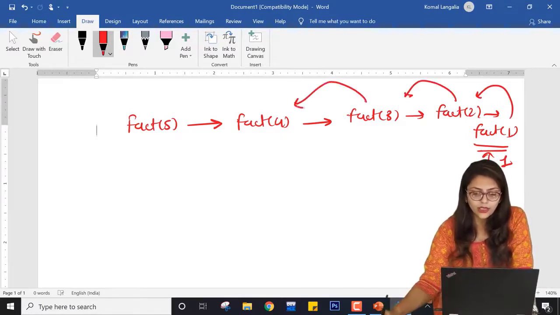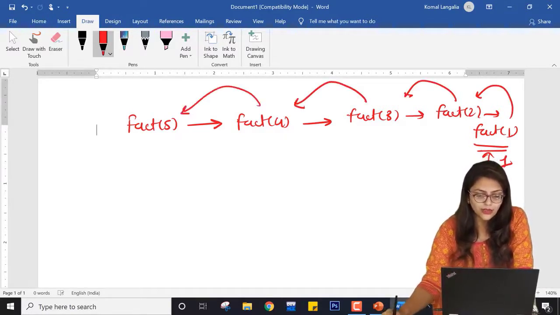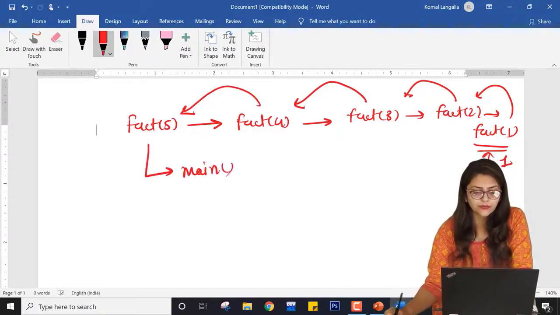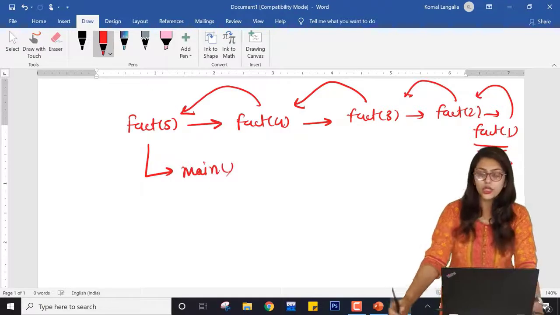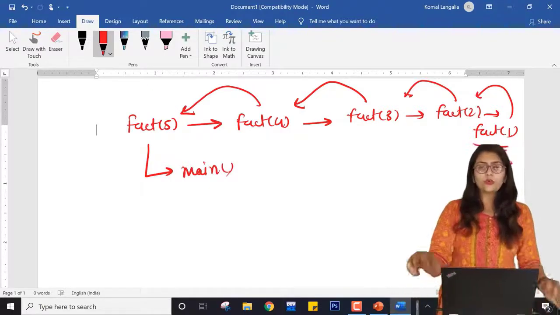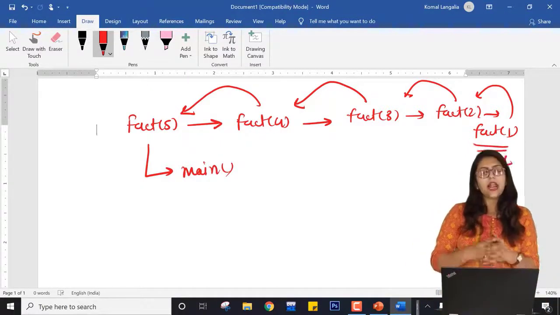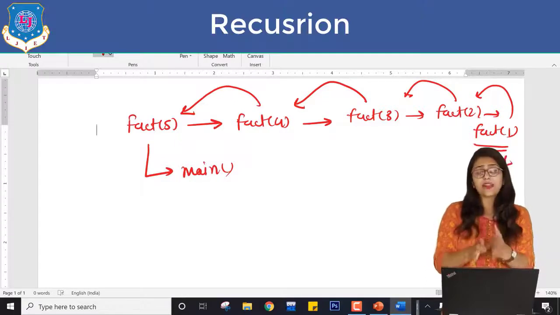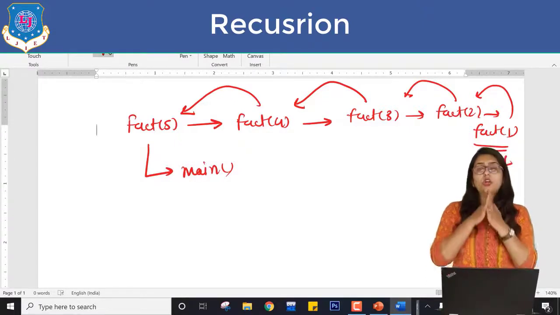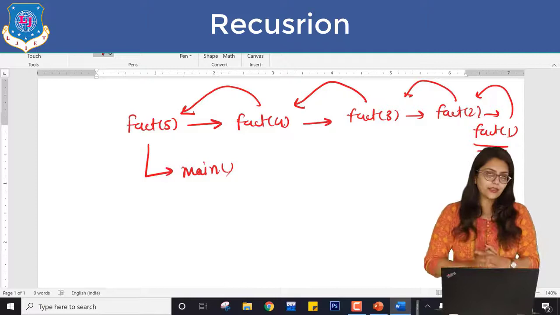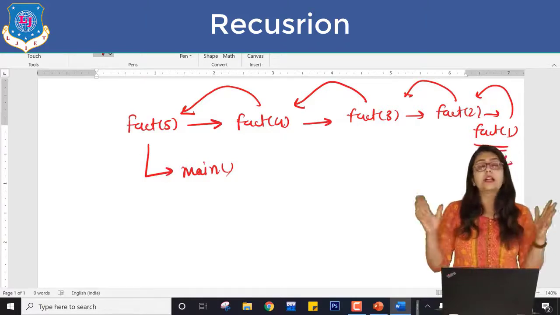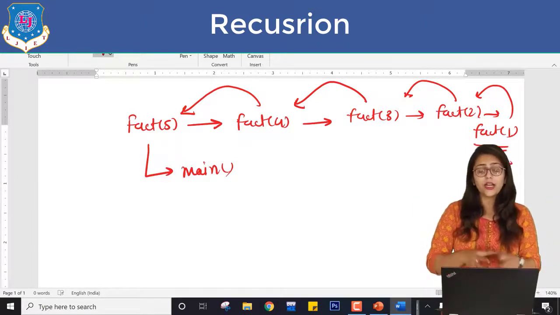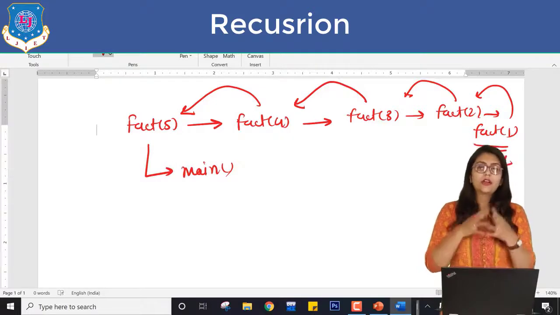So it will be returned where it is called. Finally it will come to here and this will come to my main function and give me an answer. First let me show you the theoretical part of recursion, and then we will perform the same factorial program in order to understand recursion practically. I hope you understand this concept. Now let's go to my PPT section and we'll see the theoretical part of recursion.